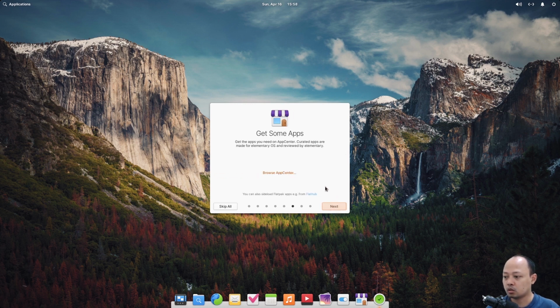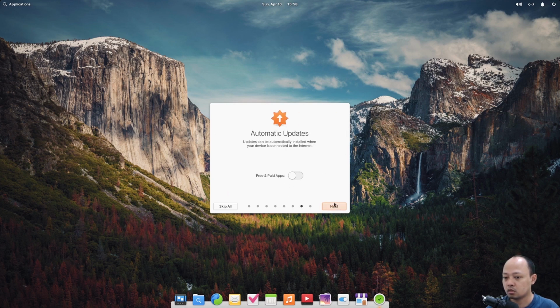The next part is about the App Center. The welcoming page informs us about where we can get some apps. It also tells us that in the App Store, there are curated apps that are already reviewed by Elementary. And of course, the apps are made for Elementary OS.